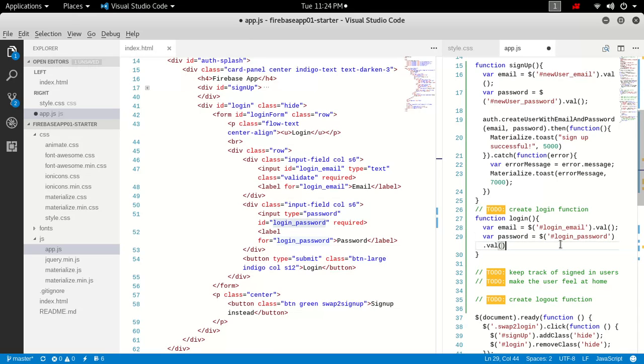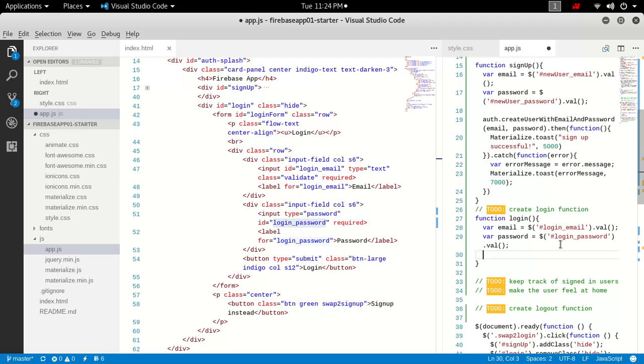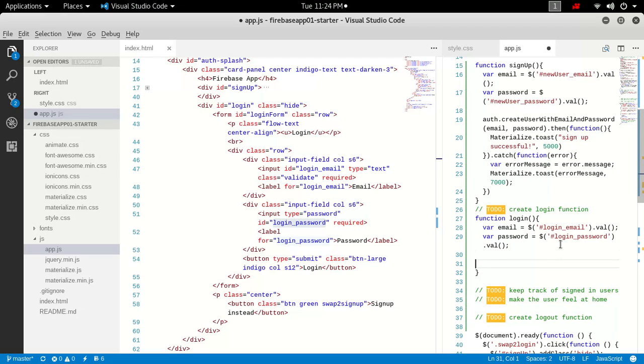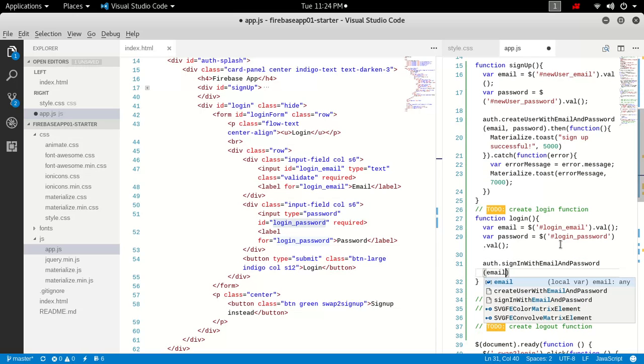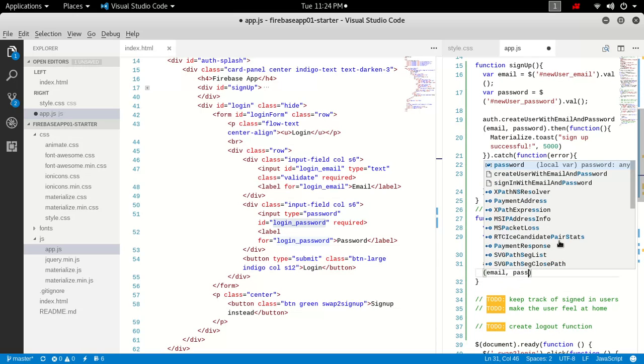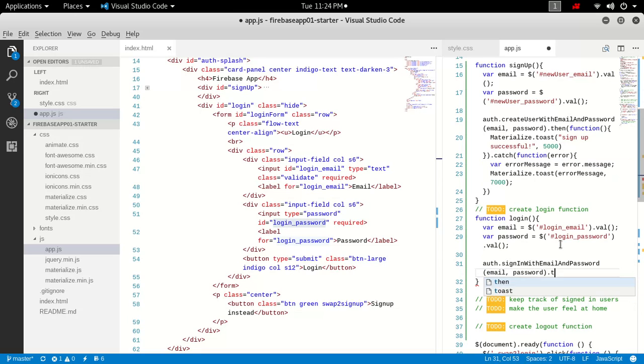So this obtains the value of the password, and then we now invoke our Firebase login function, which is auth.signInWithEmailAndPassword. The first argument will be the email, and the second argument will be the password. Dot then